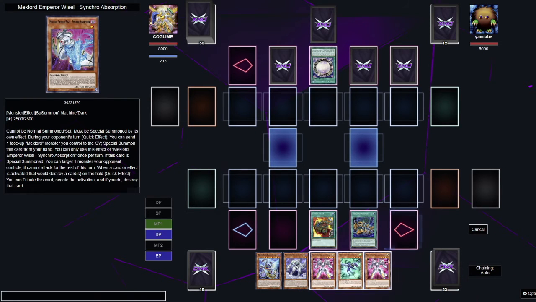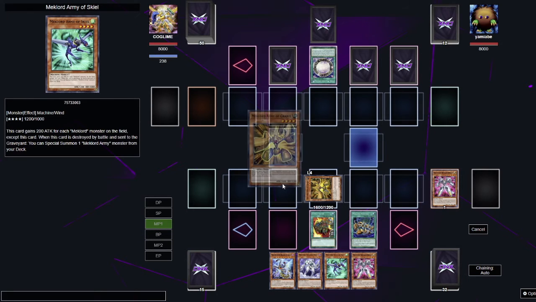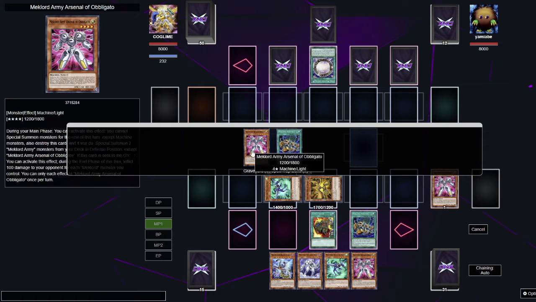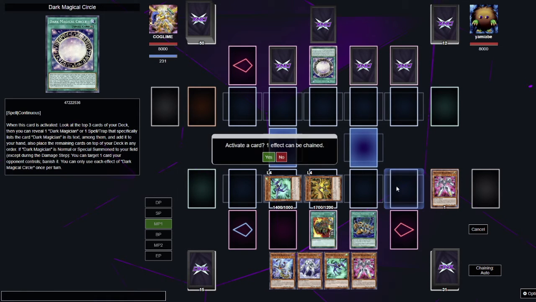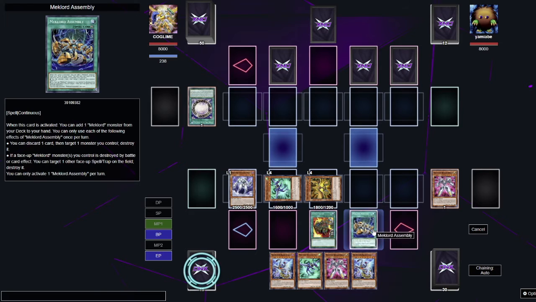And now I'm going to go into, of course, the normal summon Obligato. It uses its effect to destroy itself, summon 2 more Meklord armies besides itself, and then activate Supply Squad to draw a card, and then activate Meklord Assembly's effect. When a Meklord monster gets destroyed by a card effect, I get to pop one other face-up spell or trap, which ends up being this Dark Magician Circle, and then Weisel's effect, of course, when a card gets destroyed by